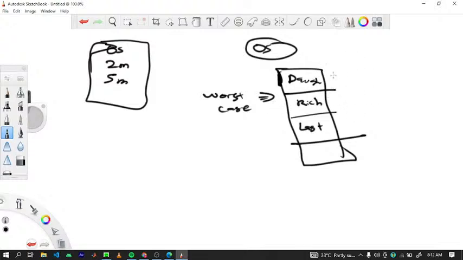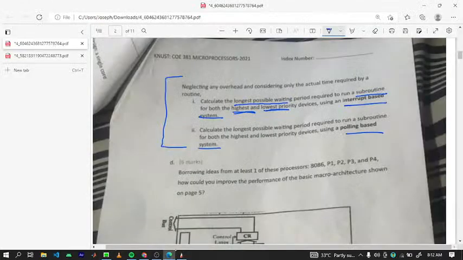This is the worst absolute. That means that you have to calculate the time it takes for the daughter to buy her food, and then the time it takes for Rich Homie to also buy his food. That's the entire waiting time that you have to wait to be served. You understand? So when we get back to this question here,